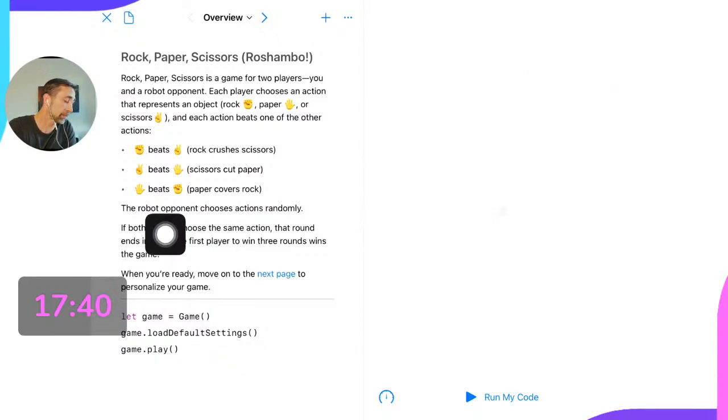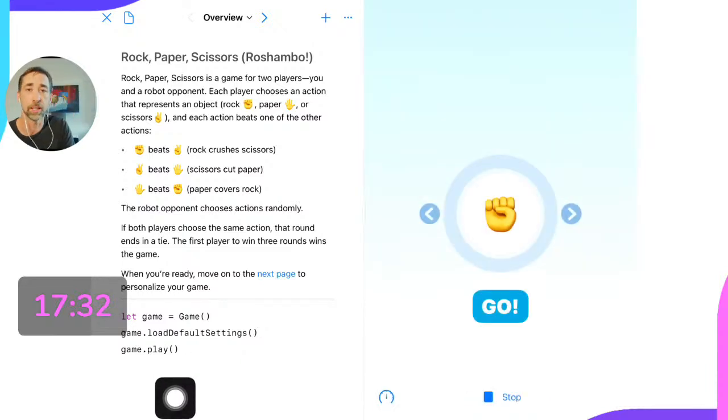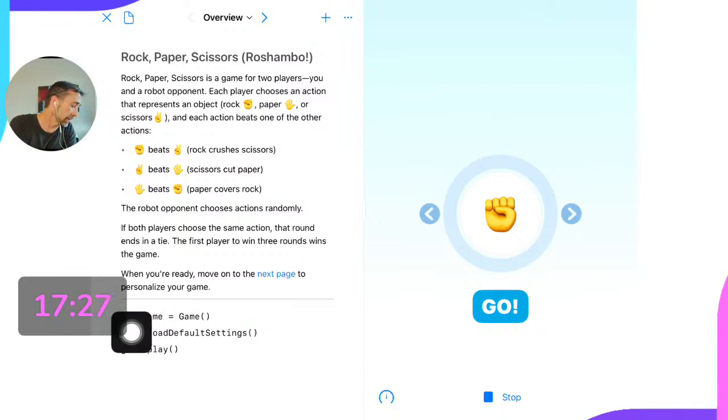So let's start it off on this very first page. There's a bit of code written for us. We create a game, we load some settings, and we play it. Let's hit run my code to check it out. Now this code is a little bit different than what we've seen so far. This let keyword is very like the var keyword that we used yesterday.